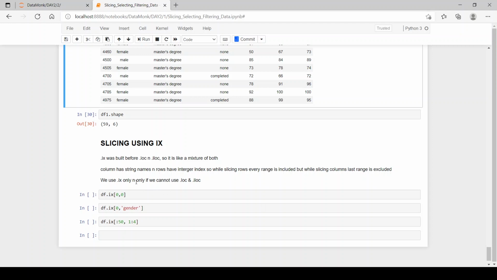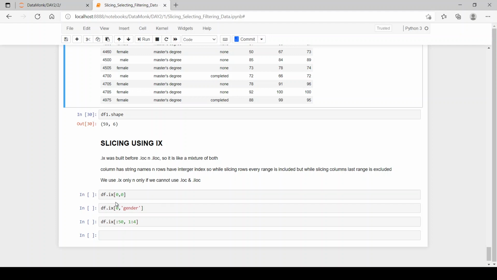We use .ix only if we cannot use .loc and .iloc functions. I recommend you use .loc and .iloc functions first, and if you are not able to figure out how to do it, you can use .ix.